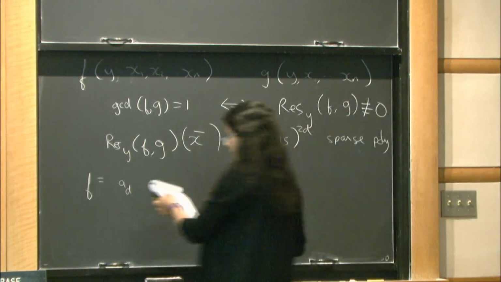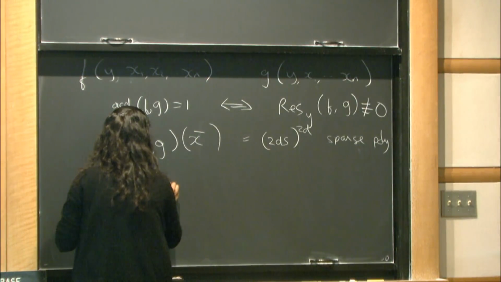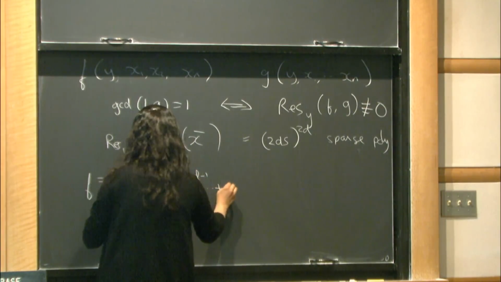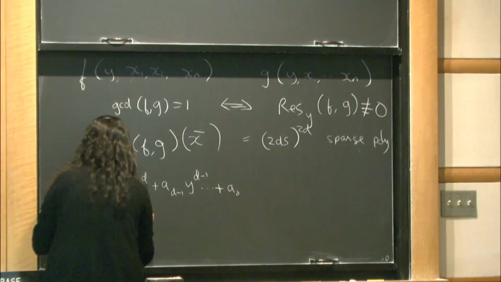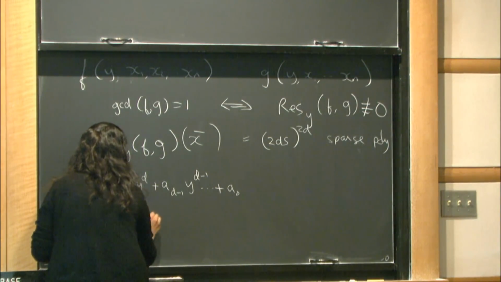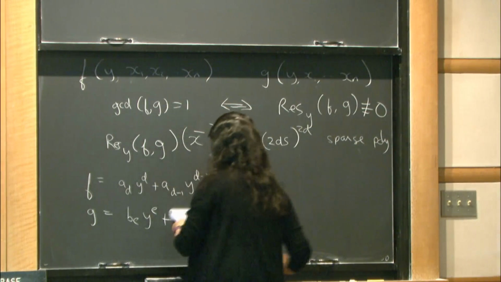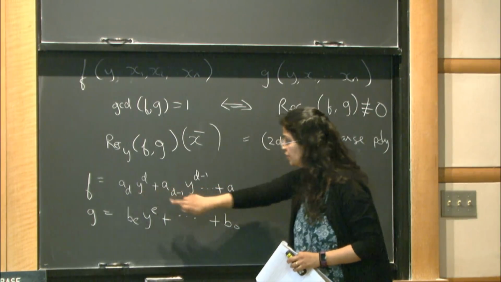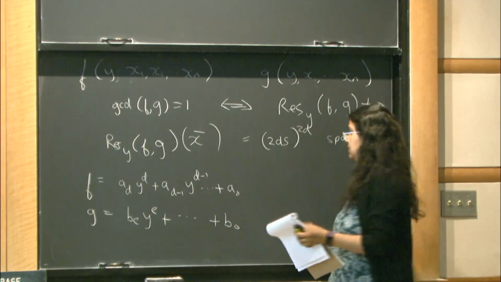Yes. So if f is a polynomial a_d y to the d plus a_{d-1} y to the d minus 1, and so on, and g is a polynomial, say b_e y to the e plus down to b_0. It's some polynomial in the y variables. The coefficients are these a's. They could be field constants, they could be polynomials themselves. Then the resultant